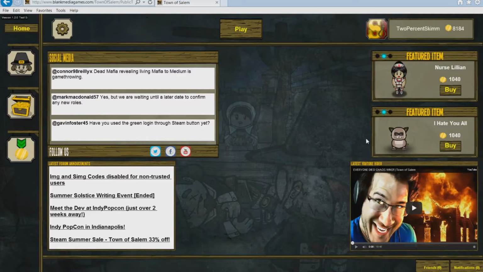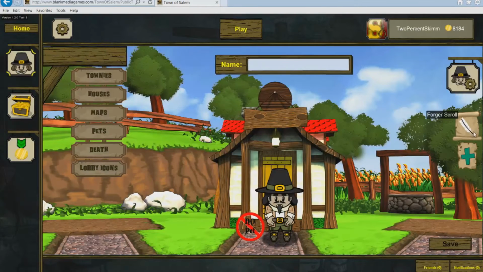Today, my name is Skim, and I am bringing you a special video going over the Town of Salem scrolls for patch 1.2. What are scrolls, what do they do, and how you get them, all that good stuff is going to be